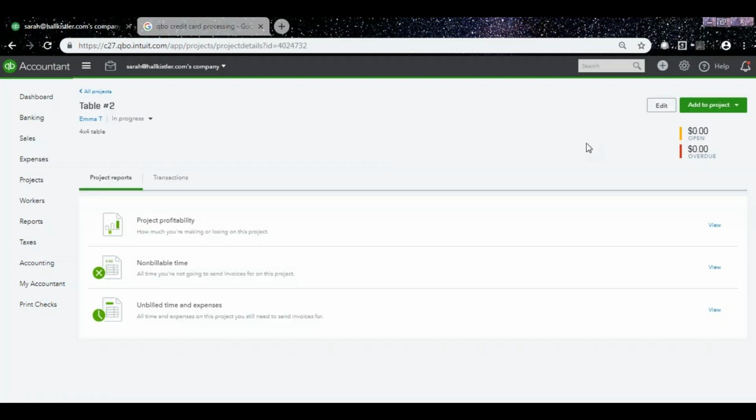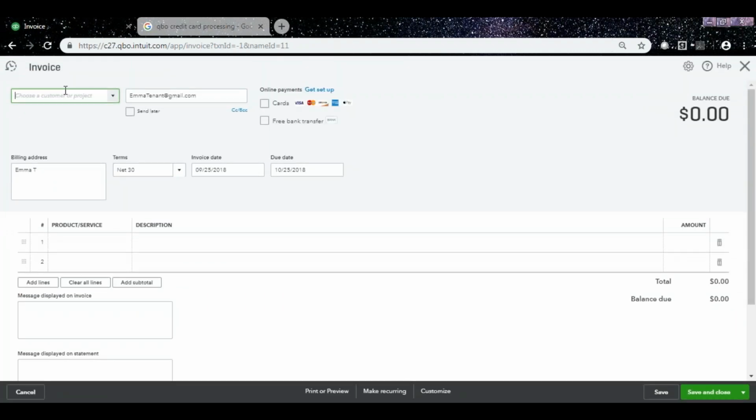And everything you'll need to do with this project, you'll want to select up here to this Add to Project. Your options are Invoice, Receive Payment, Expense, Estimate, Time, Bill, and Purchase Order. So we're going to create an invoice for this particular project. We're going to choose Emma T as the customer,